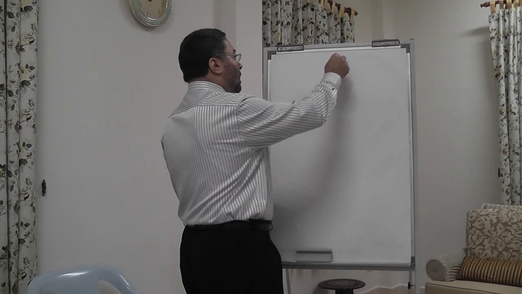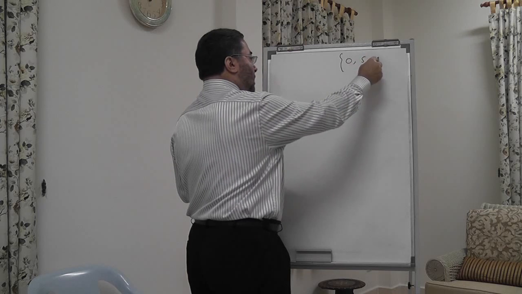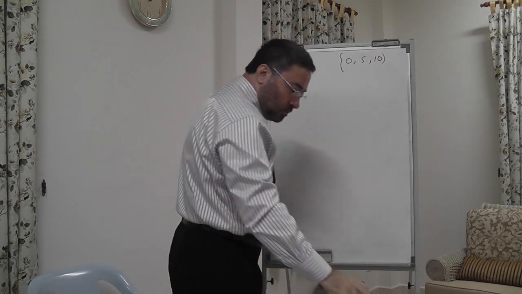Welcome back to Algebra 1 exercise sessions, chapter 1.8, page 34, and we are going to do number 22. Find the solution set. The replacement set is 0, 5, and 10. So we are going to replace with 0, 5, and 10. Number 22,